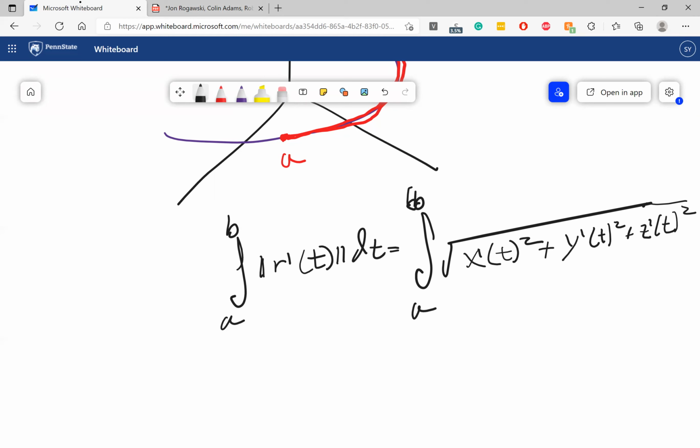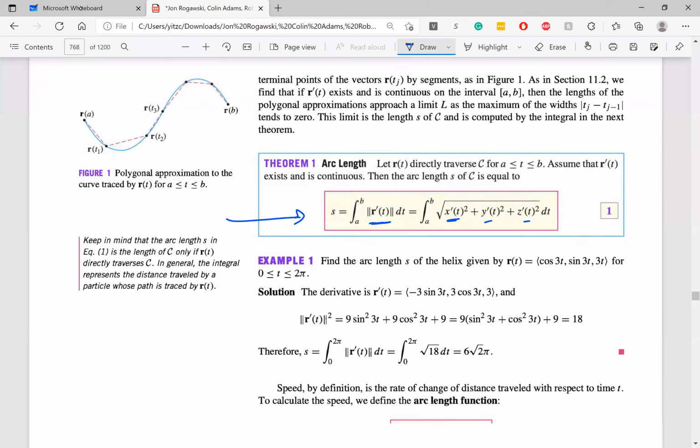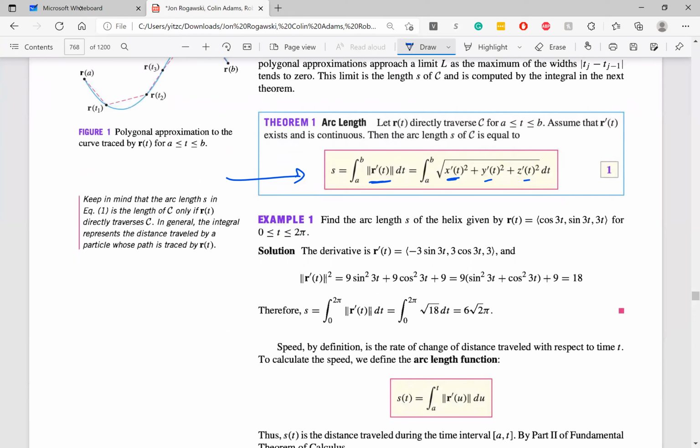And this is the arc length relative to this current parameterization. We will think about how to capture the length of the curve more directly, but this is based on our current parameterization of the curve. So they tell us to find the arc length of the helix given by this r of t,